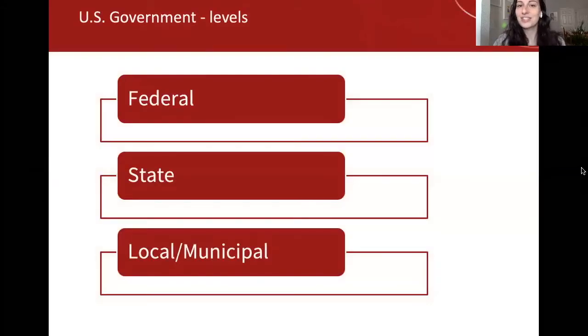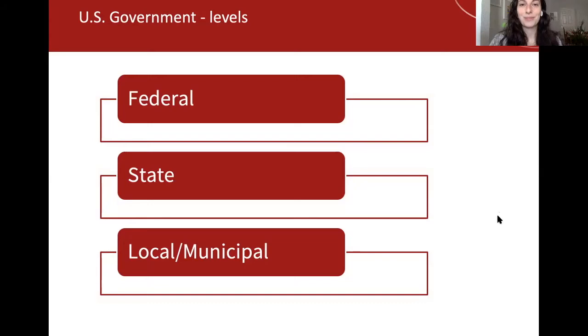So to get us started, we're just going to talk about the levels of US government. There are three main levels that we talk about. There's the federal level, which is the national level. That's the president, the House of Representatives, Congress, the Senate, the Supreme Court. That's all on the federal level. On the state level, that's a different government within each state. It looks similar to the federal level in construction, but it has jurisdiction over the state itself. And then there's the local or municipal level, that's the cities, the counties, the townships, which have their own powers